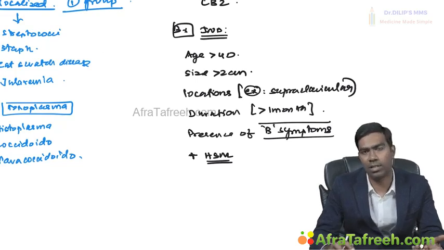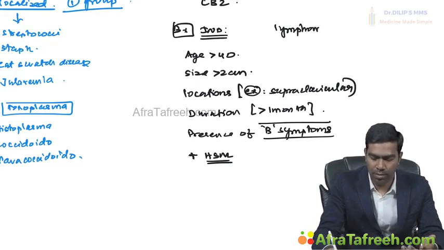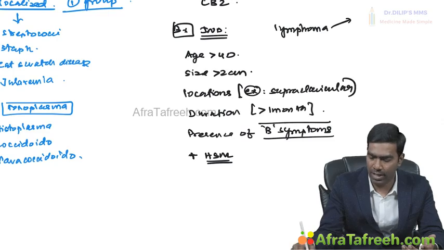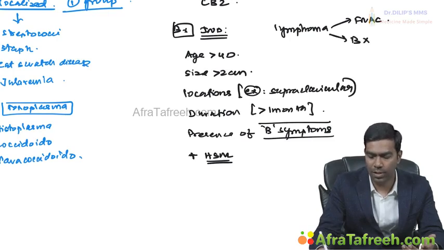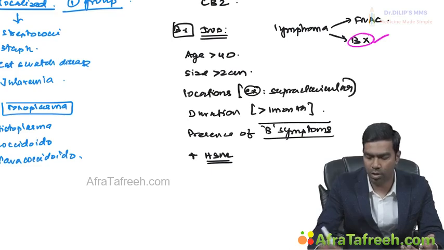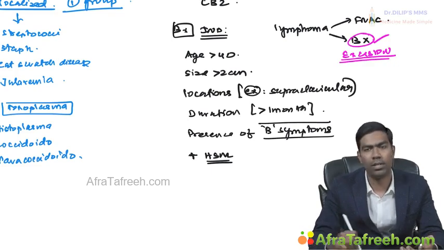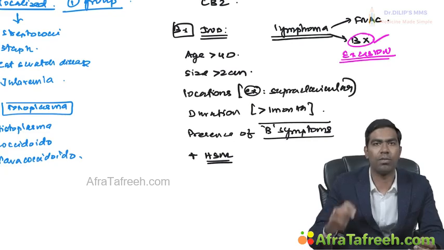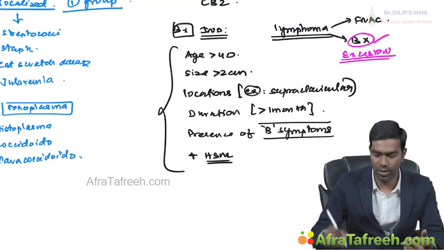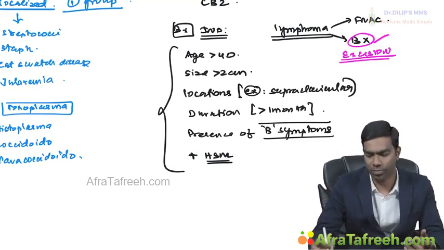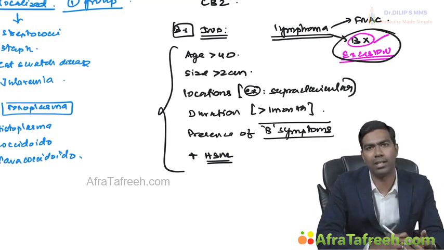And one more thing, if they ask you to diagnose a lymphoma, FNAC, that is lymph node aspiration, that is what we call FNAC, or biopsy, which will you prefer? The answer must be biopsy, always. Or which biopsy? Typically, it's better to do an excision biopsy. Very, very important. So whenever you want to diagnose a lymphoma, which means whenever there are features suggestive of a lymphoma, all these features which I have told you, always go for excision biopsy rather than FNAC, because FNAC cannot conclusively tell about the presence